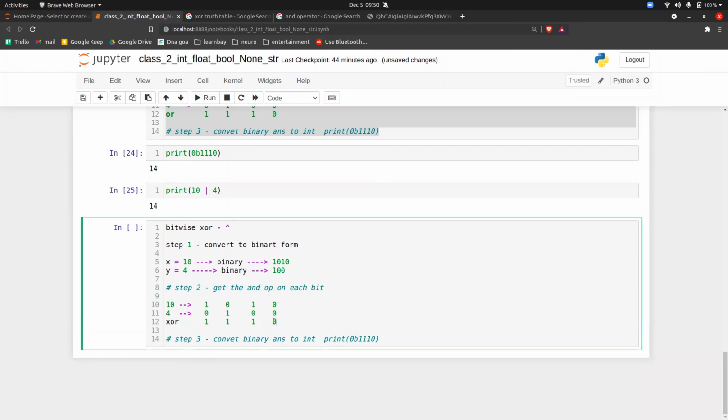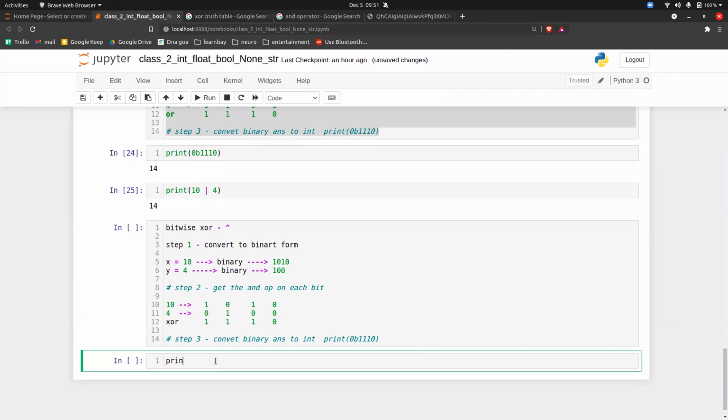So what is 0 XOR 0? It is 0. What is 1 XOR 0? 1. So this is also 1, this is also 1. So coincidentally the answer is becoming the same.